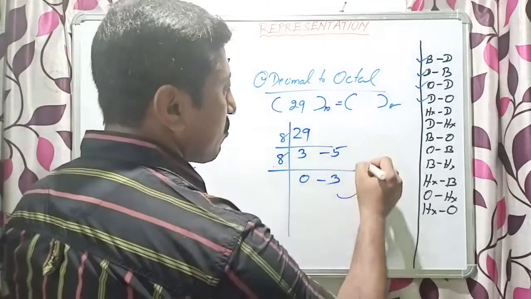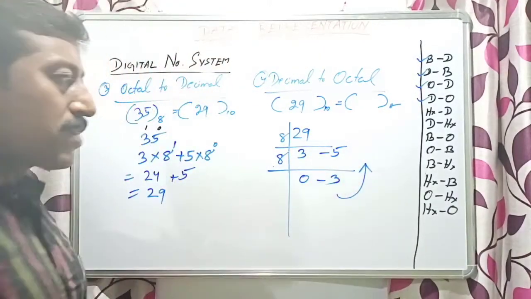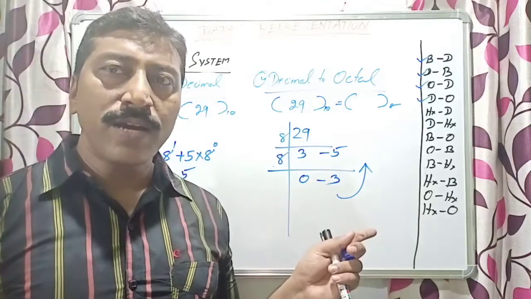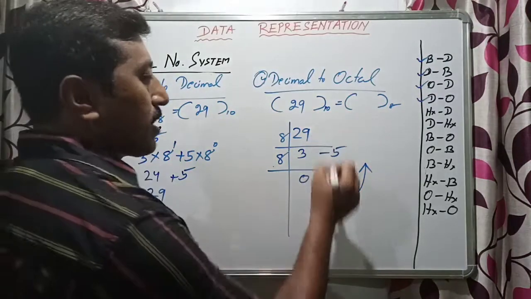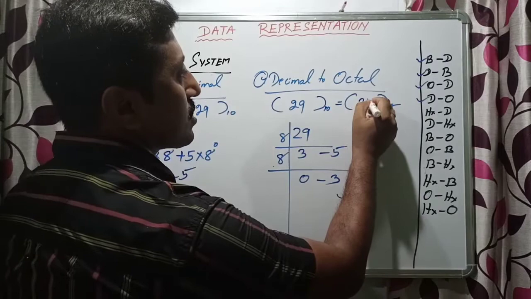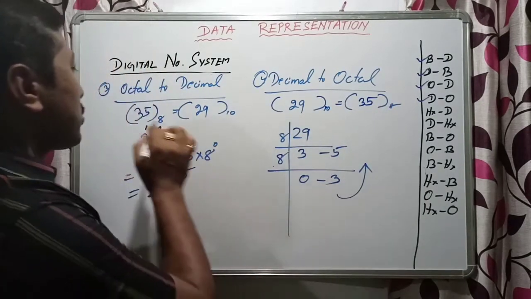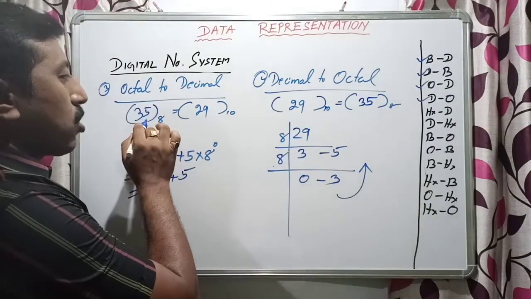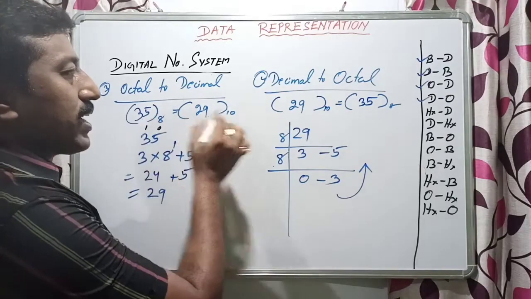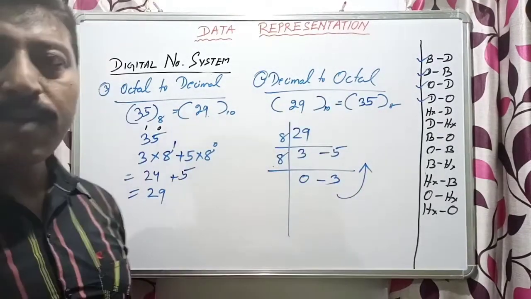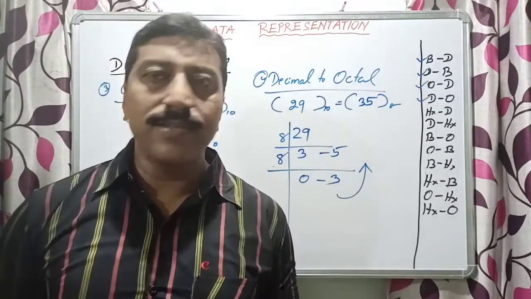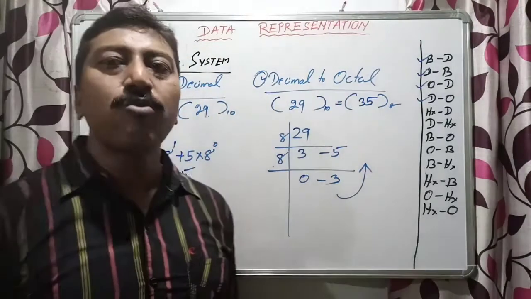So now we'll calculate like this, that is MSB to LSB, as I told you before. So now 3 and 5. Calculating from this, 3, 5 is coming. Now you check. The octal number 3, 5 converted to 29, and again 29 to 35. That means our answer is correct. Our procedure is correct. We'll go for the next one.